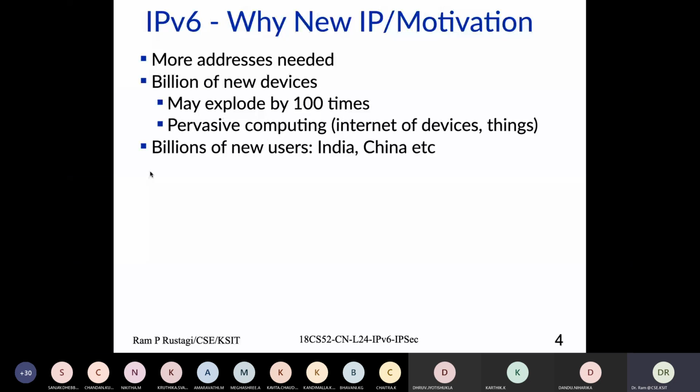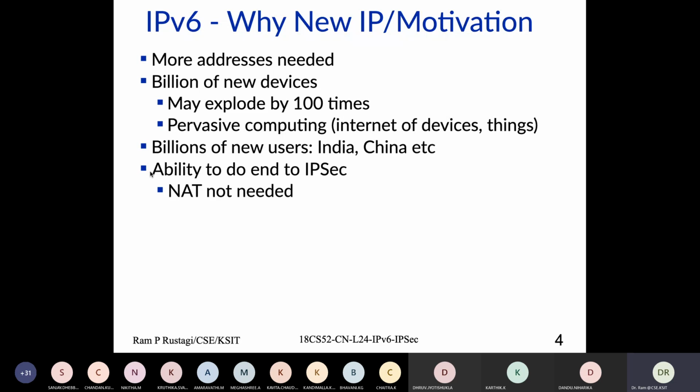The other thing is that each user has a number of devices, with IoT coming up. Each device needs addresses. So we are inadequate as far as IPv4 is concerned. One of the books says this addressing problem came because of India and China, because the moment people in these countries started using the internet, we started feeling the shortage of address space. Till then we were fine. So, comments apart,